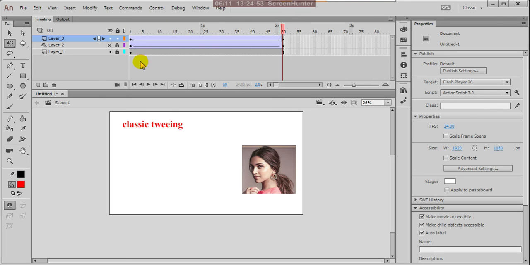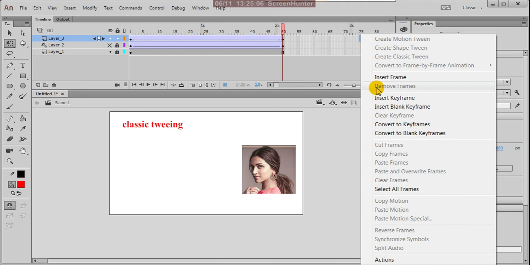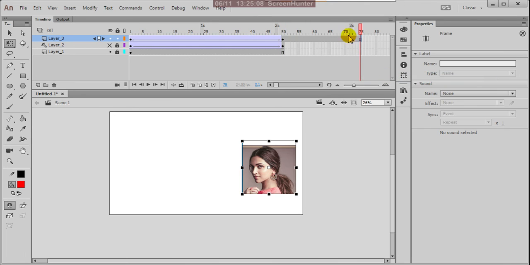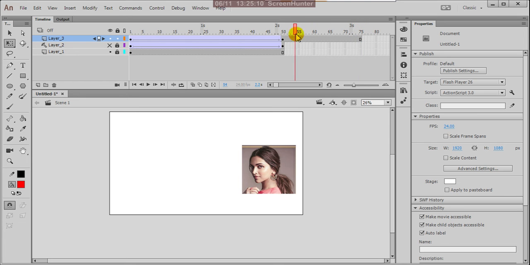So immediately it looks like looping. Suppose you add more frames here, suppose I add this many frames, insert frame, that means the same frame. So here there is no animation.